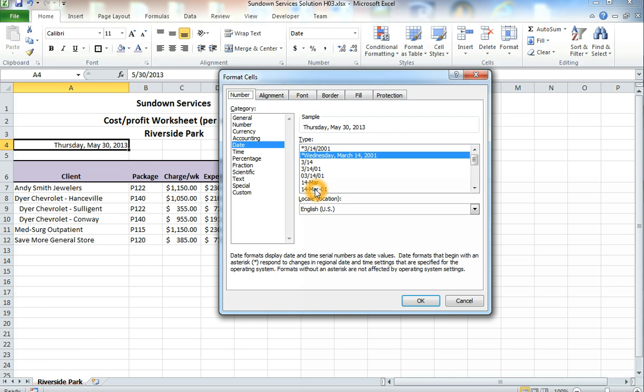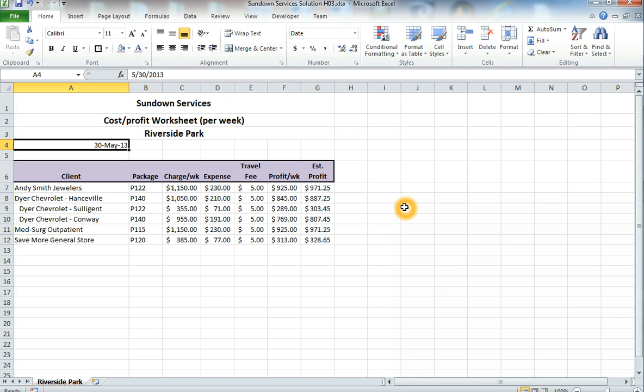This 14 March 01 is simply showing you what it will look like. So when I click on that, notice that the sample, that is what I'm formatting, says 30 May 13, and that's what I want. So I'm going to click on it. There we go. Okay, now we're going to set this page up for printing,